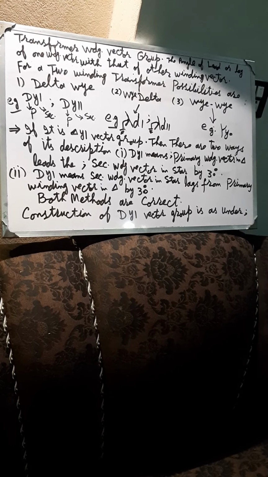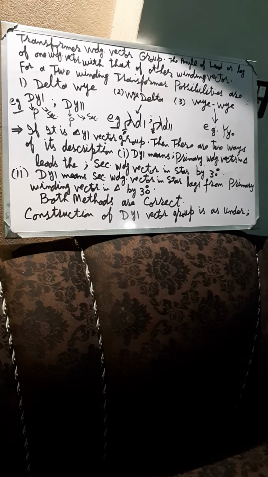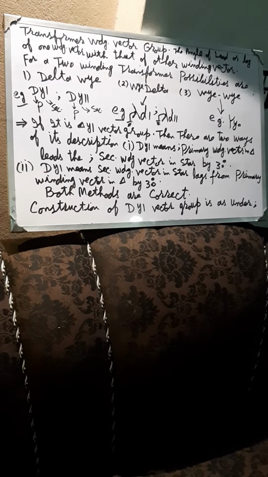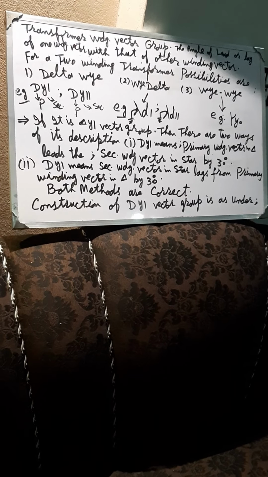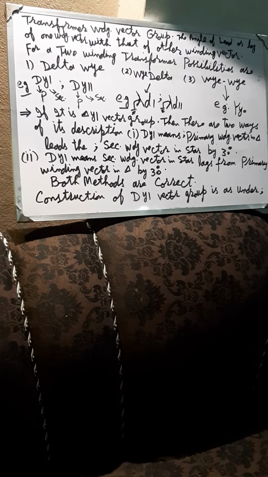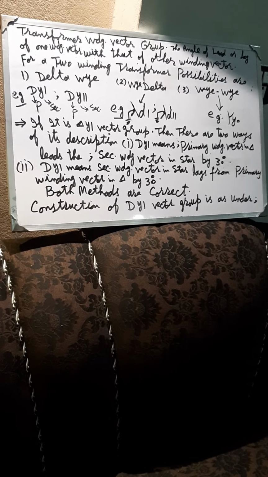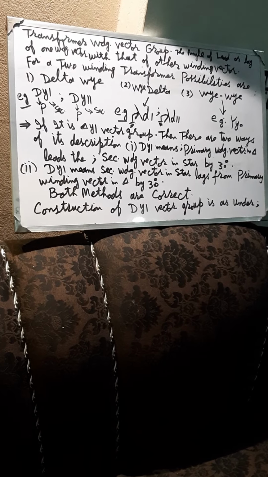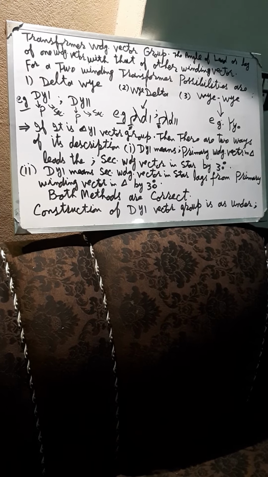Yy means that both windings of a transformer, it may be a distribution transformer or a power transformer of 132/11.5 kV, are in star. The third option is Yy and its example is Yy0. The examples of delta-Y transformer are Dy1 and Dy11. The examples of Y-delta are Yd1 and Yd11.